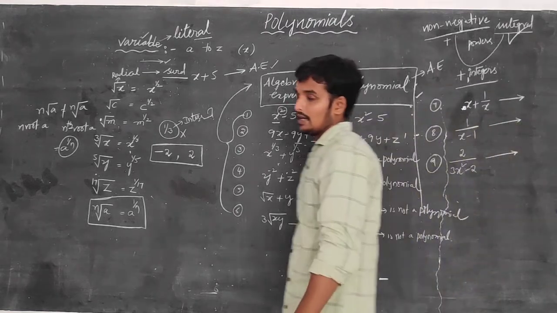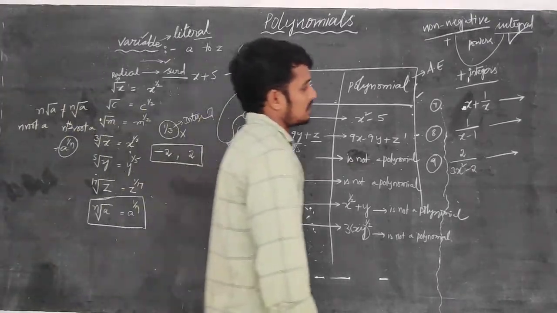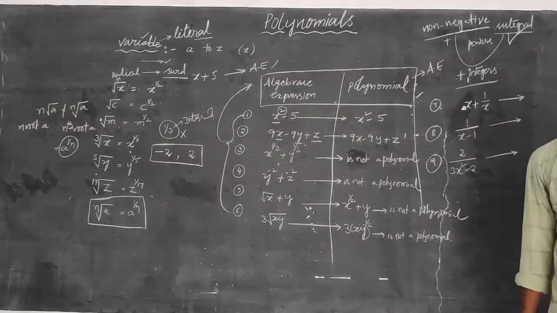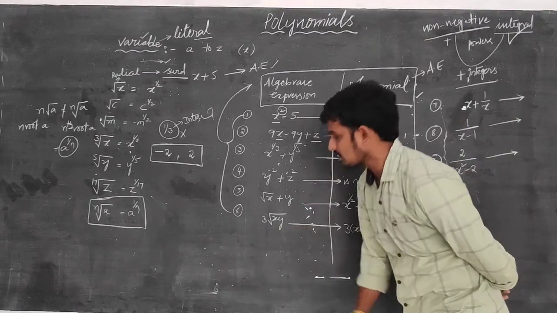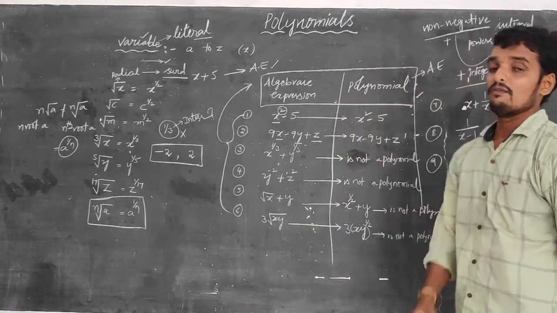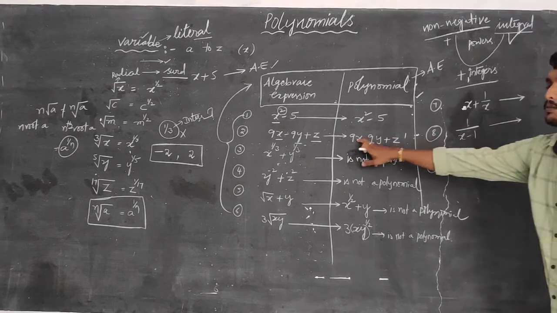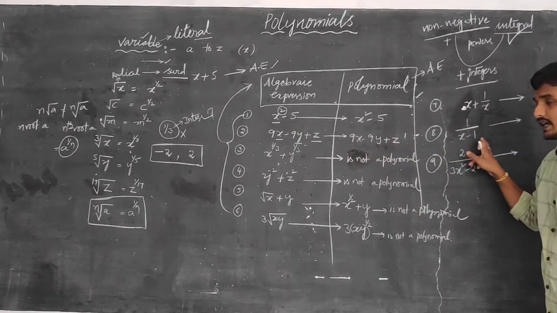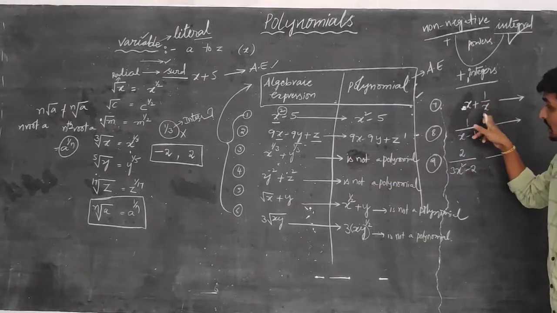How to decide? Post your answers to me. These 3 are: x plus 1 by x, is this a polynomial or not? After that, write the 7th one, 8th one, 9th one. After that, you can write some examples for polynomials and some examples for which are not polynomials. When you are writing, decide whether these 3 are polynomials or not. If the first one is a polynomial, write it under the examples of polynomials. If the second is not a polynomial, write it here. If it is also a non-polynomial, write it here.